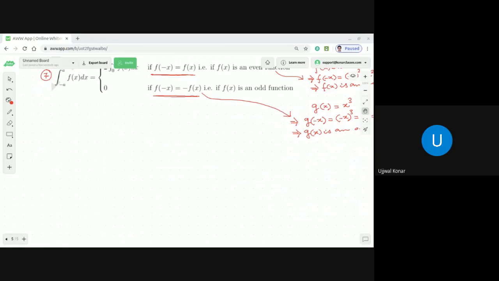And after that, the last property that I'm going to discuss with you now, I'm going to first show the property and then follow with discussion. It says that the integration from a to b of f(x) dx, this is the 8th property, is equal to (b minus a) into the integration from 0 to 1 of f((b minus a)x plus a) dx. Take some examples of your own choice and explore this. You will understand.